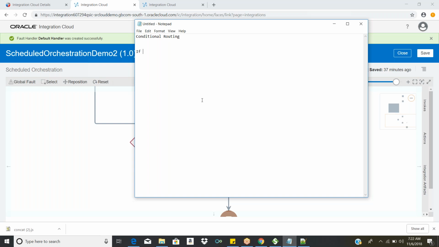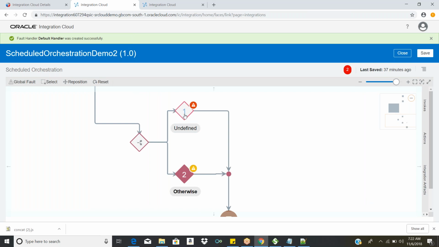I'll be explaining clearly what the if condition is and all the things. Based on the condition, what is the switch activity? Switch activity is nothing but conditional routing. So what is conditional routing? Based on the condition, it will perform some actions. If this condition is not satisfied, this flow will execute different kinds of operations. You're getting it, right? If my condition is satisfied, execute this flow, otherwise execute a different flow.